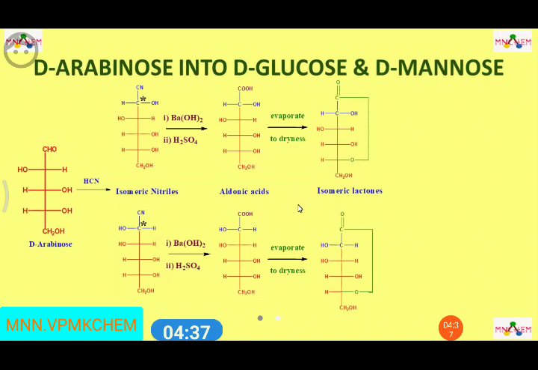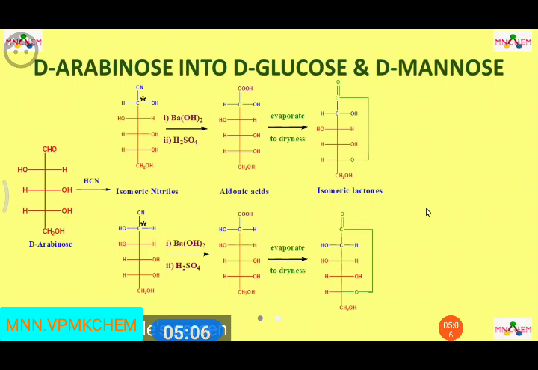The next step is when these aldonic acids, acids having a hydroxyl group, form intramolecular lactones. So aldonic acids subjected to evaporation form these isomeric lactones. Lactones are cyclic esters. We get two of these,